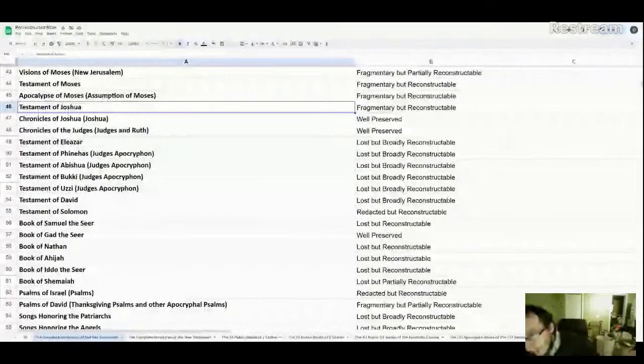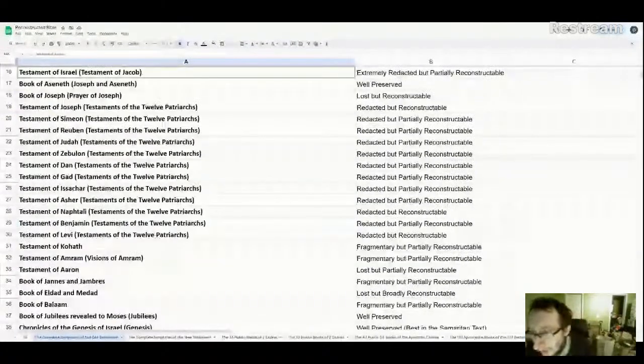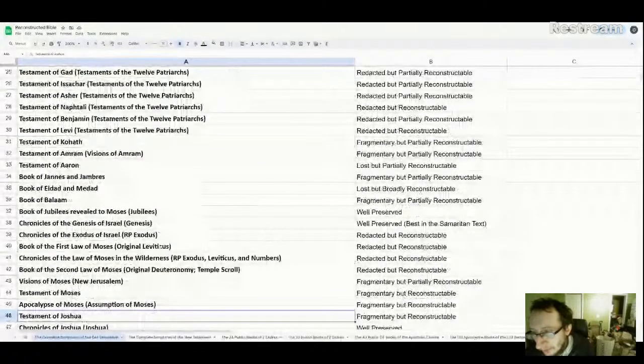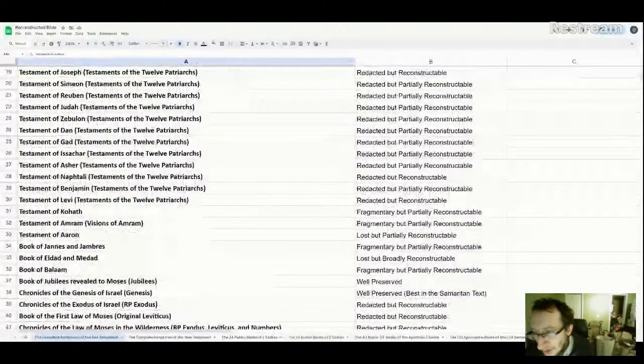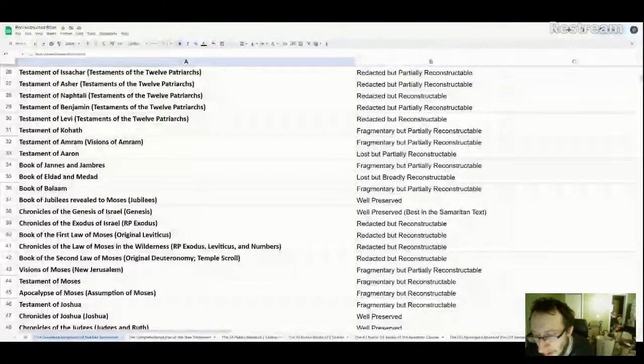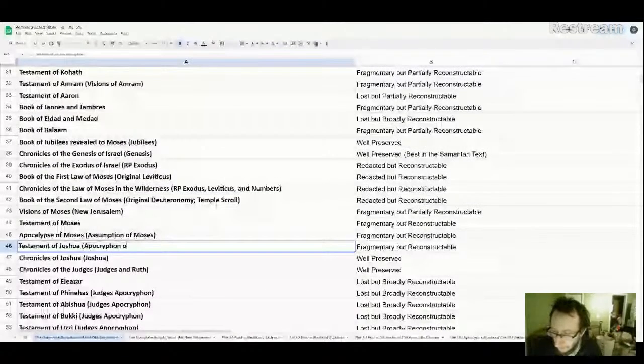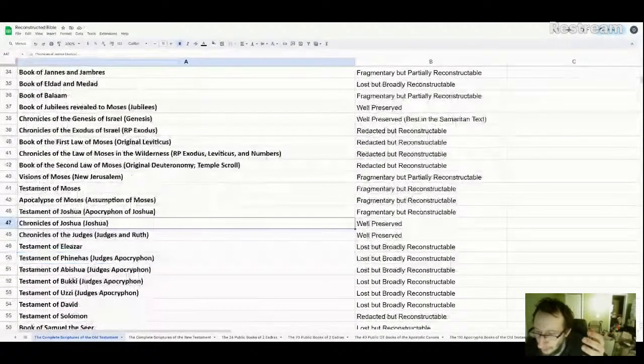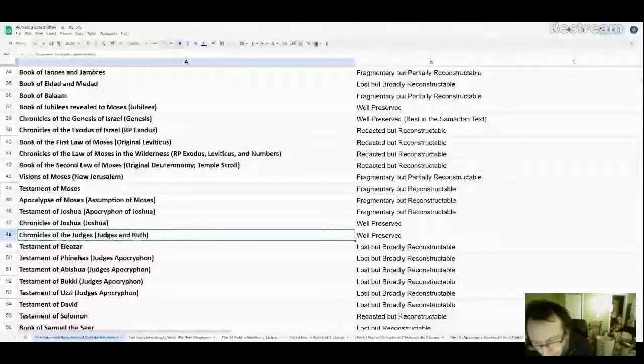So with what we have so far, we're noticing a pattern where for every book we have, there were longer accounts that once existed, giving more information to the story. So clearly there must have been, like, see, we have Genesis Apocryphon right here, books of the patriarchs that are the sources of Genesis. So if we also have Joshua, the Apocryphon of Joshua was the source of Joshua, then also we probably had something similar for Judges, where there was probably a Judges Apocryphon composed of different books.